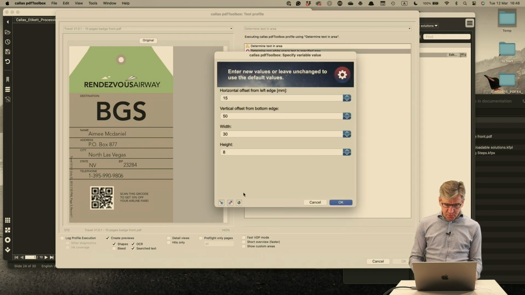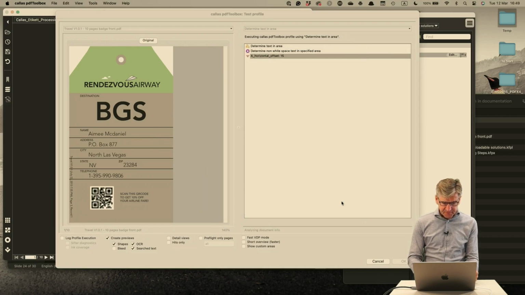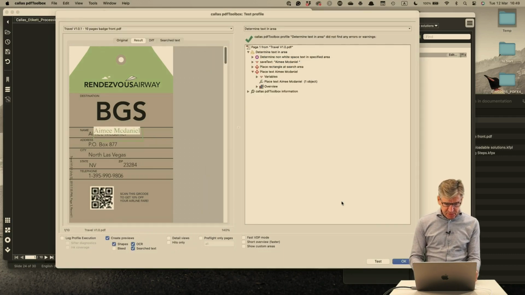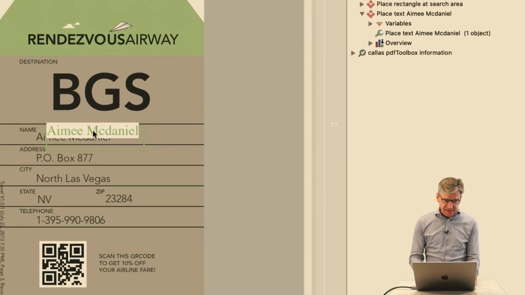And then I will use the values that I have found out work in this case. So it's just 15 millimeters from the left edge, 50 from the bottom, 30 millimeters wide, and 8 millimeters height. And then if I run it, it does similar to what we did before. It places a patch onto here, but now it's using the name. So it indicates the area that I have selected with a green rectangle, and in there it places the text